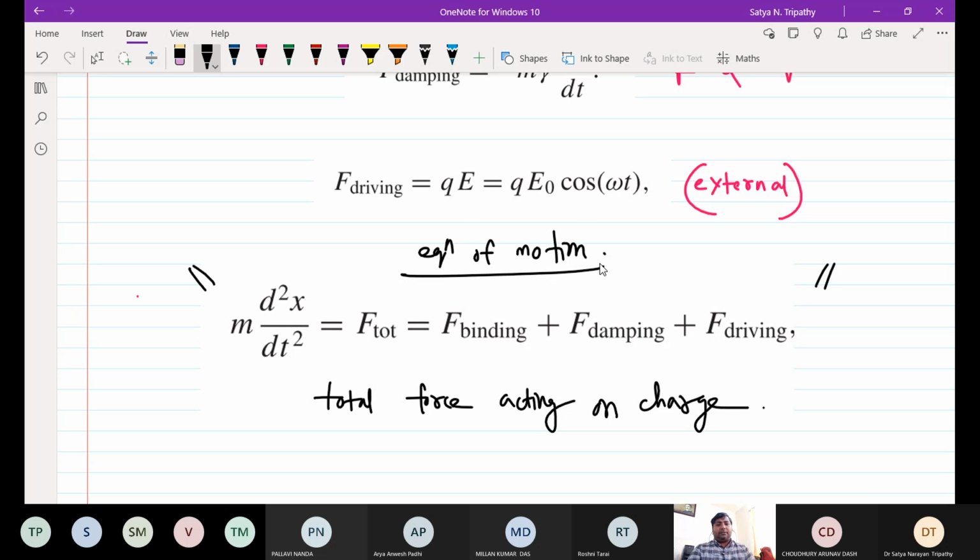Is it clear about this equation? Yes, sir. Next is, we'll write this in this format. So